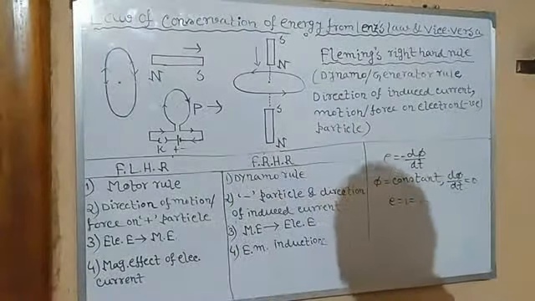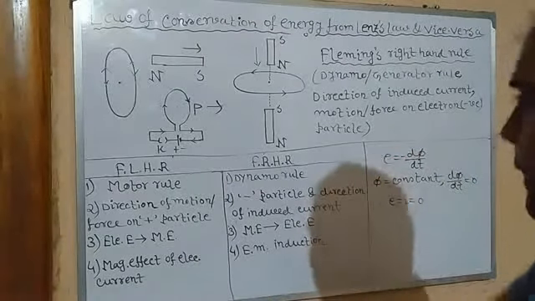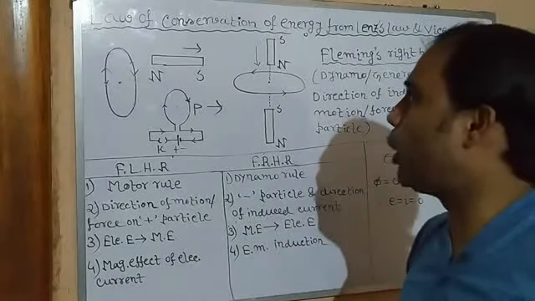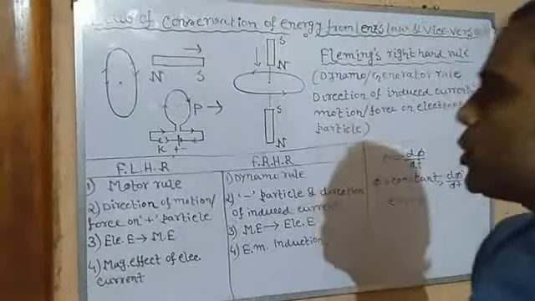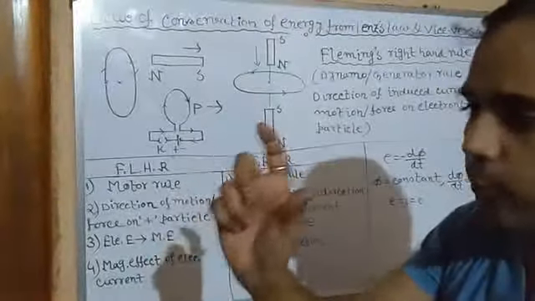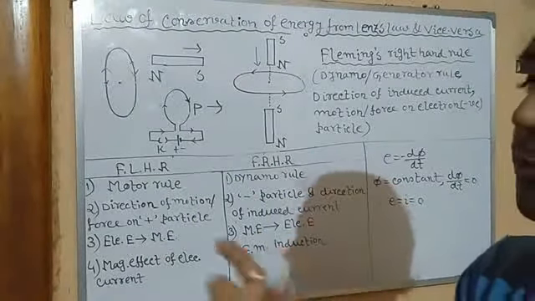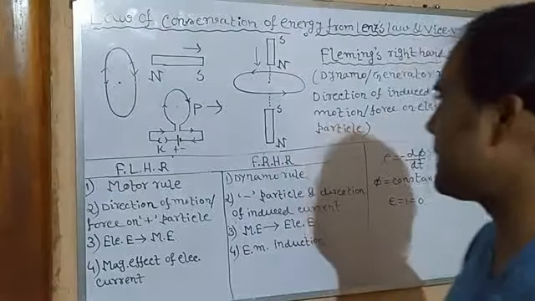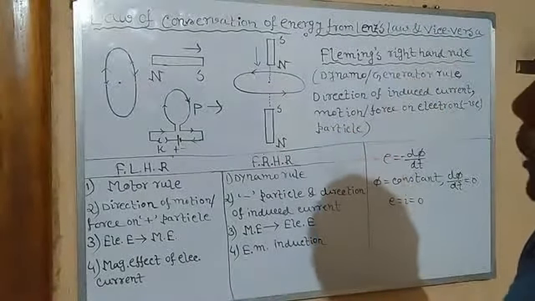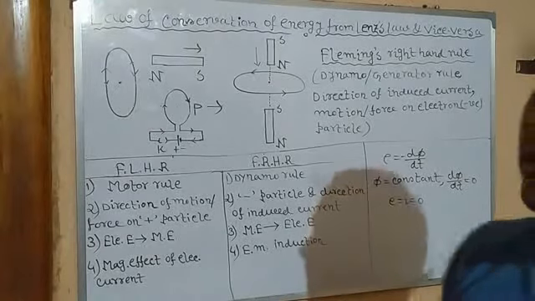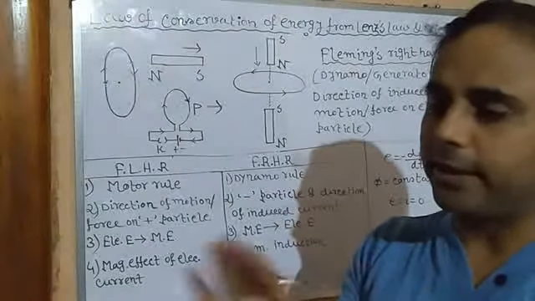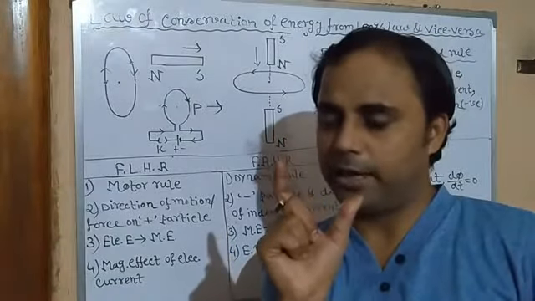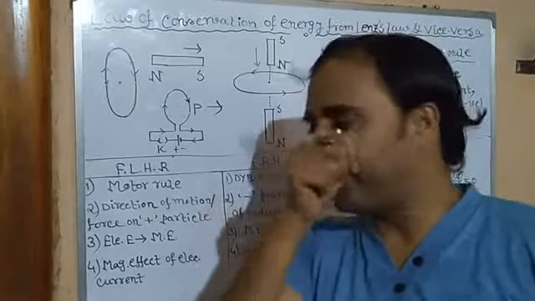So now discuss the opposite thing, that is how Lenz's law can be obtained from the law of conservation of energy. So in this topic, the vital form of the law of conservation of energy is that it can be transformed from one state to another. So now we will discuss how Lenz's law can be obtained. So according to the law of conservation of energy, energy cannot be created. We will just focus on this line. Cannot be created automatically, isn't it?